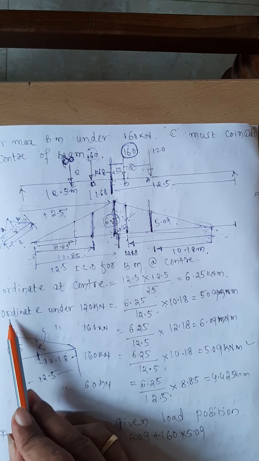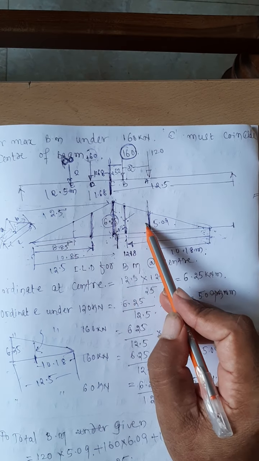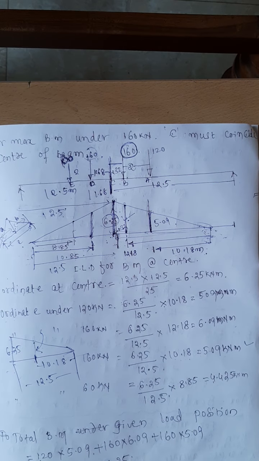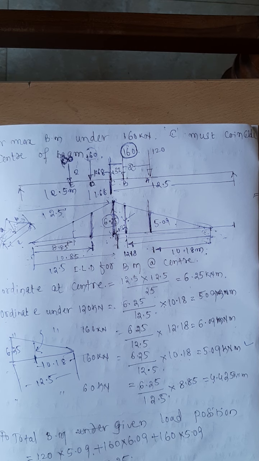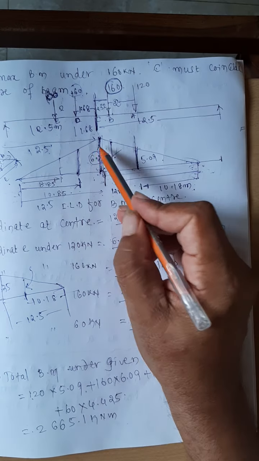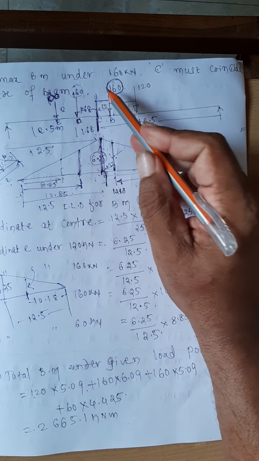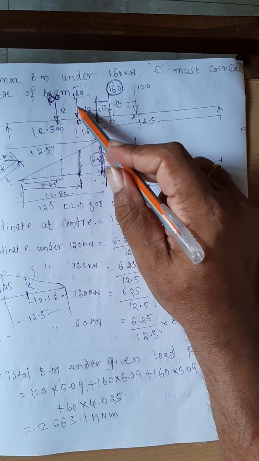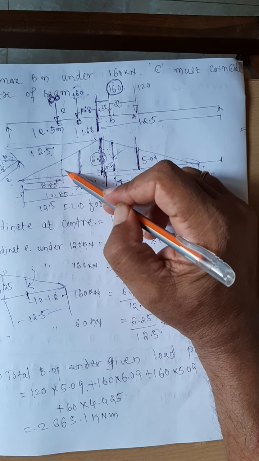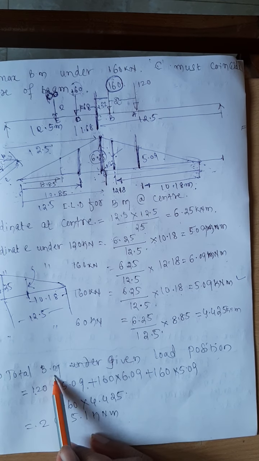So here I am calculating the ordinates of the bending moment diagram, influence line diagram, at different locations. Wherever the loads are there, at all those points I need to calculate the ordinates of the bending moment. Once I calculate the ordinates, I can calculate the total bending moment at this particular section due to all these loads, equal to load multiplied by ordinate, load multiplied by ordinate, load multiplied by ordinate, load multiplied by ordinate. Therefore the total bending moment